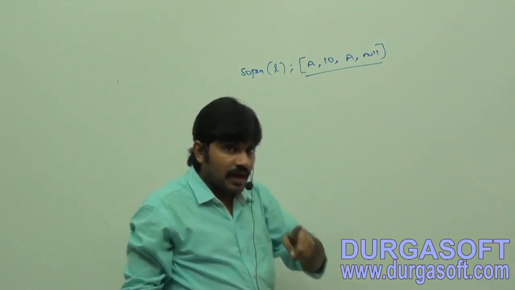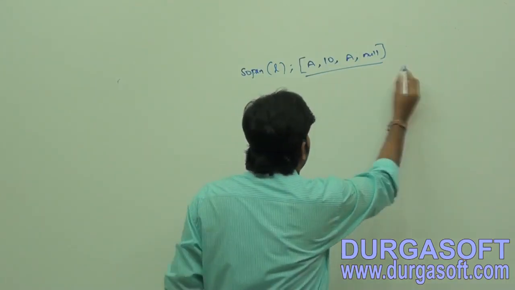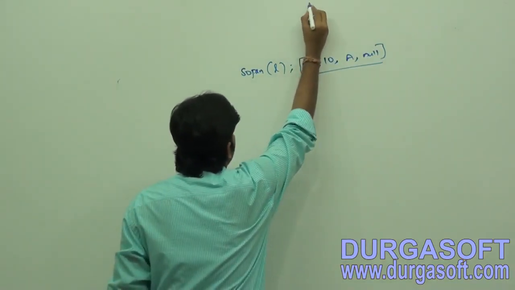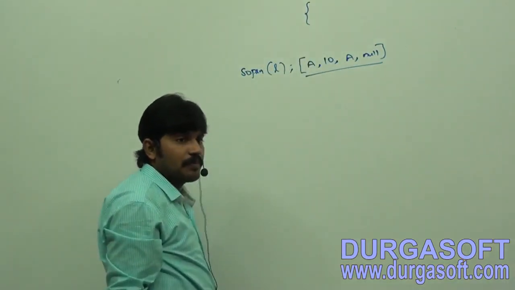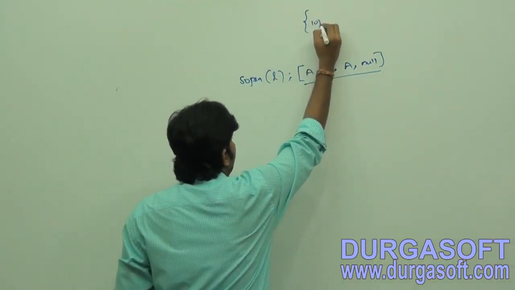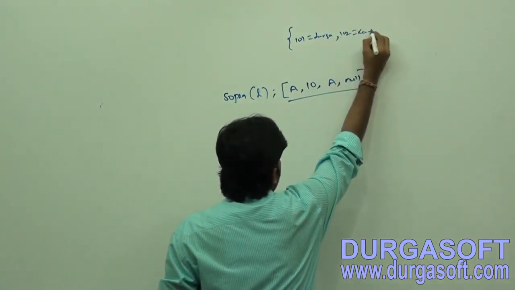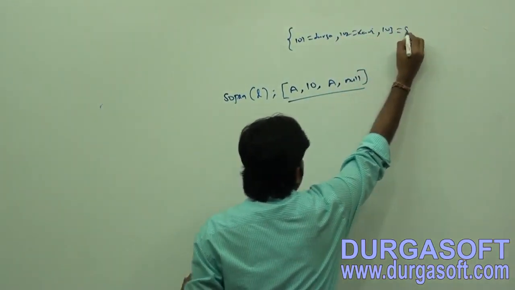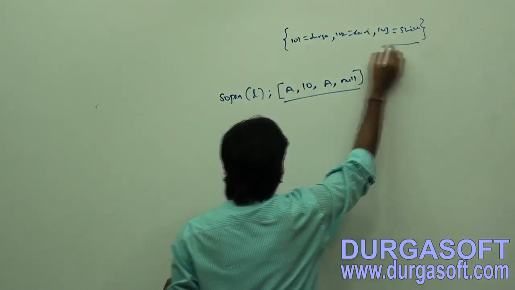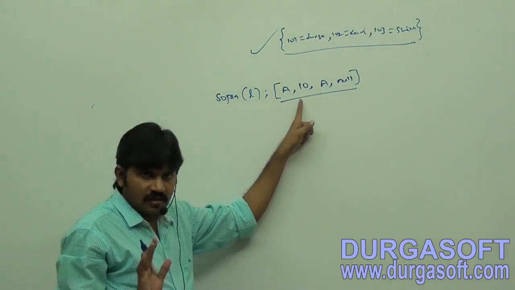If it is a map, the content is going to be displayed in curly braces. Map means what? A group of key-value pairs. First 101 Durga, 102 Ravi, 103 Shiva. If it is a map object, this is the style. If it is a collection object, this is the style. Clear for all of you, right?